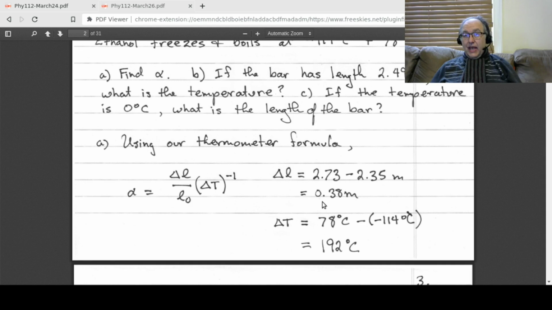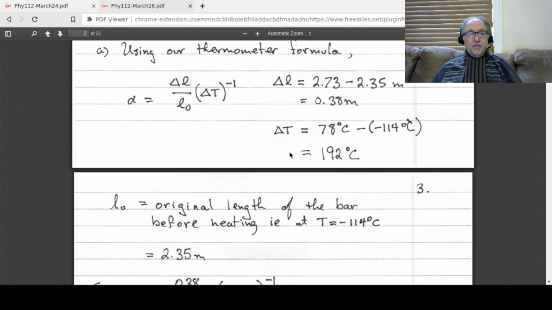And what's the delta T? All right, well, the delta T is the higher temperature, 78 degrees, minus the minus 114, which means that delta T, that is the temperature from when it freezes to when it boils, that range is 192 degrees Celsius. So this is actually quite a big range, okay? All right, once we have that, we plug in,